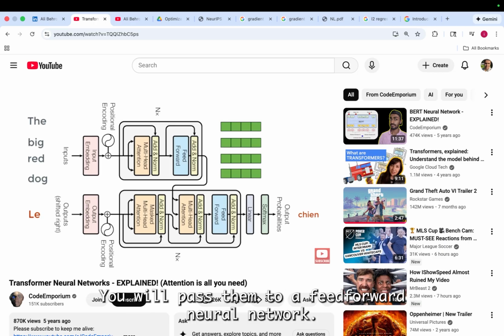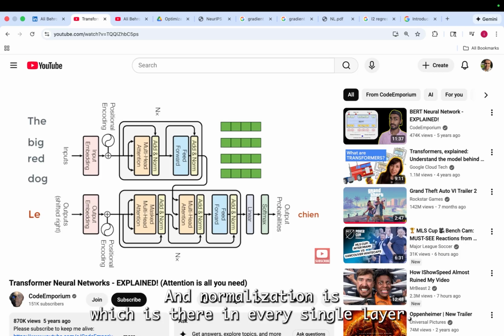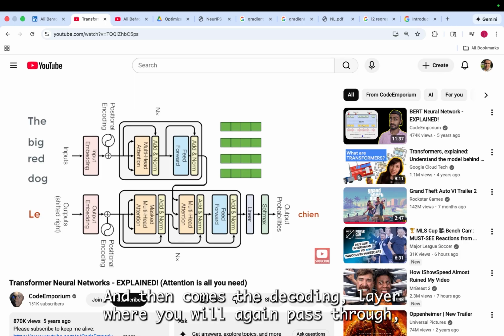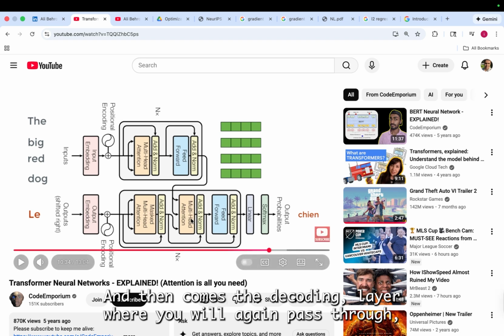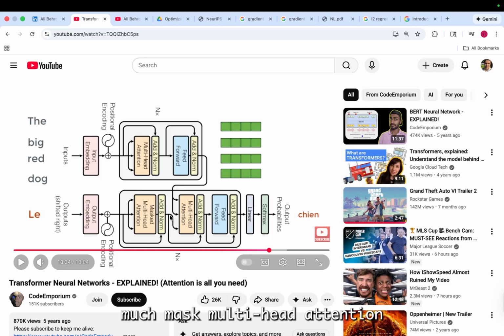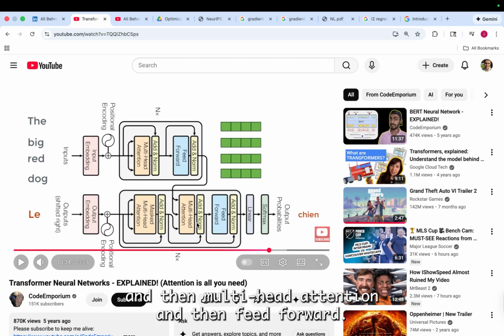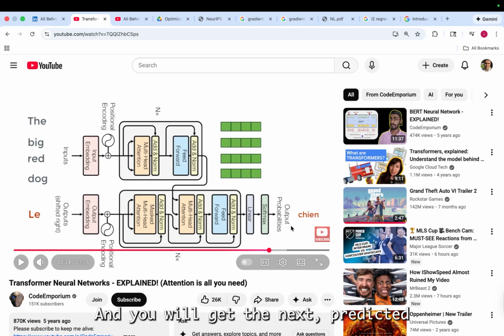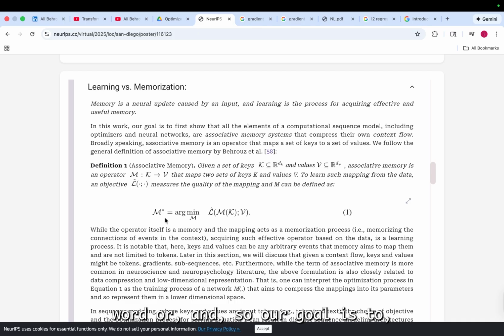You'll pass them to a feed-forward neural network, add normalizations, which is there in every single layer, and then comes the decoding layer, where you'll again pass through masked multi-head attention, and then multi-head attention, and then feed forward, and you'll get the next predicted word. So our goal is to